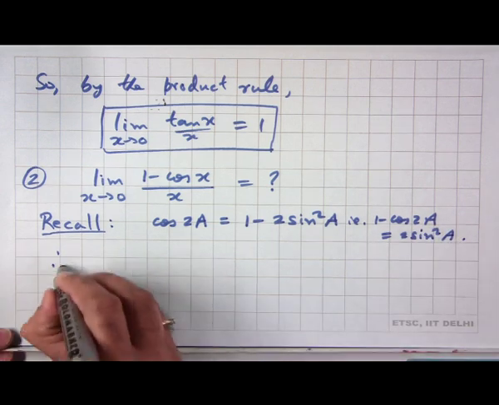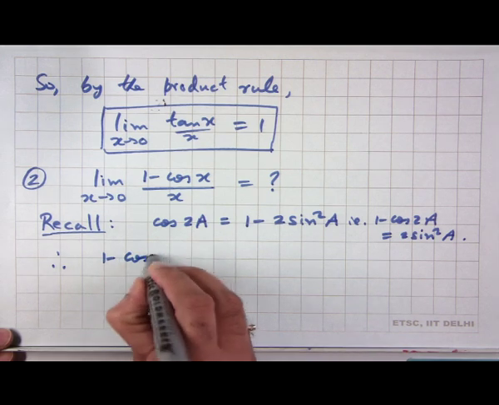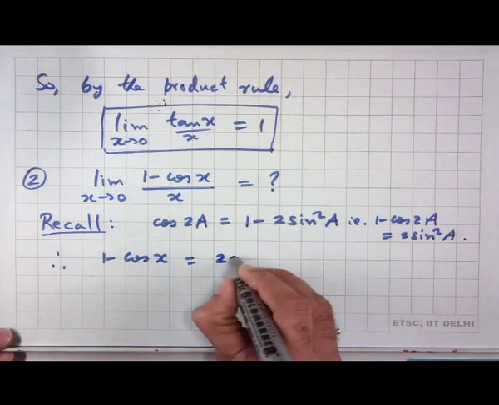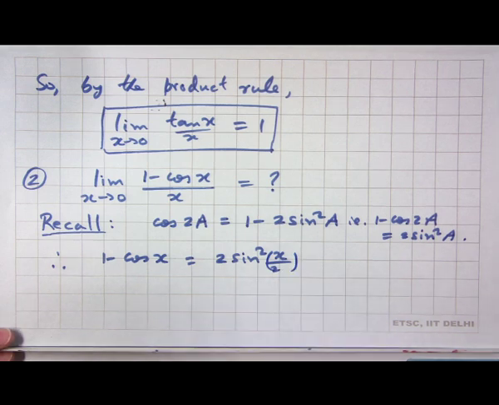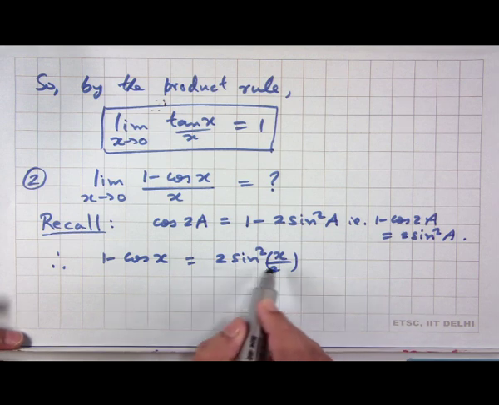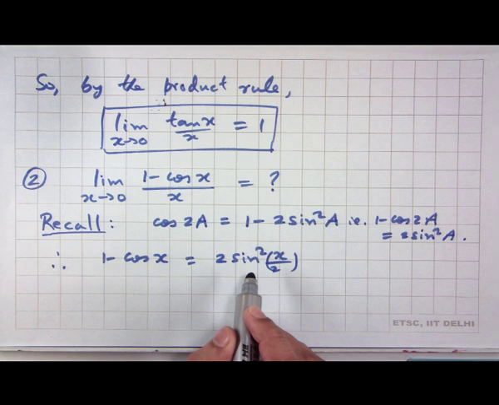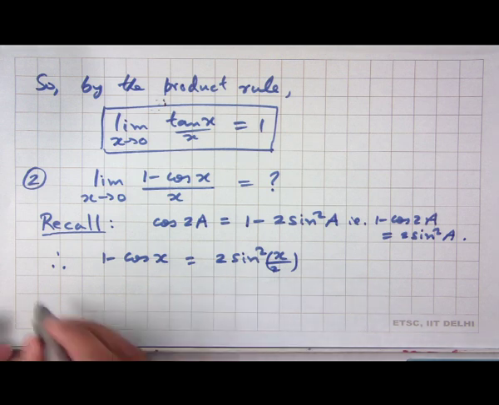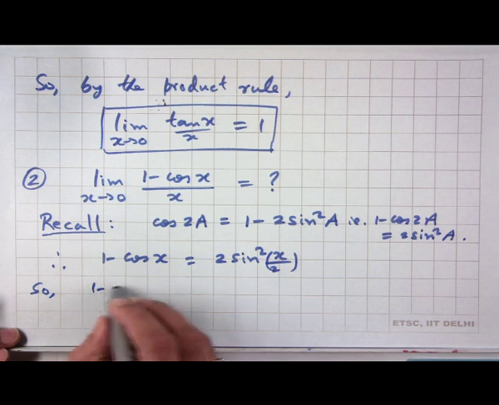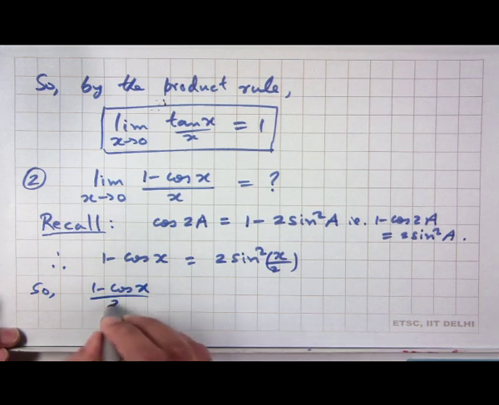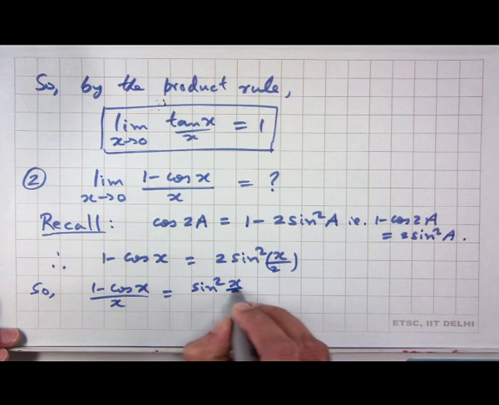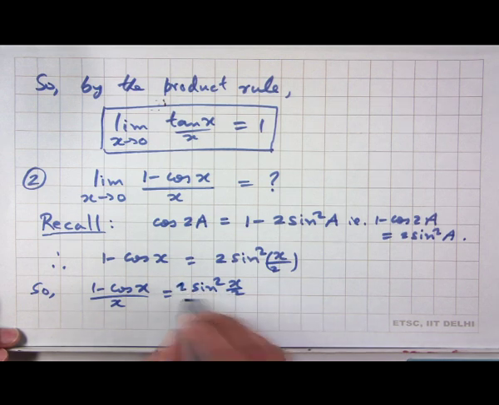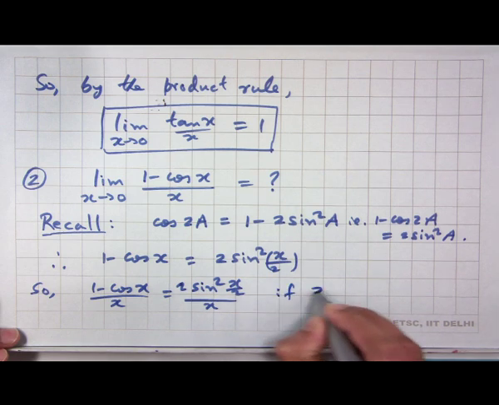So, therefore, 1 minus cos x is nothing but 2 times sine square of x by 2. So, the numerator is equal to 2 times sine square x by 2, denominator is x. So, 1 minus cos x by x is equal to 2 sine square x by 2 divided by x if x is not equal to 0,